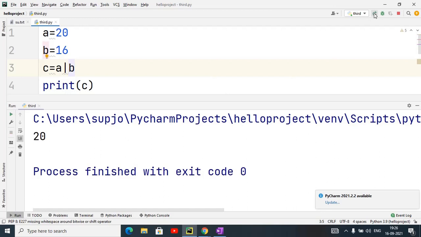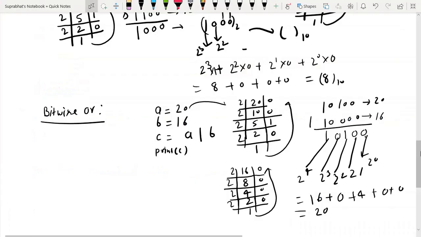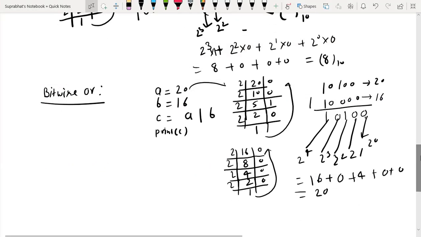So the final output is showing 20. Is this one clear to all of you? Bitwise OR is clear? Yes, sir. Bitwise OR clear to all of you? No doubt? Okay. So next one is